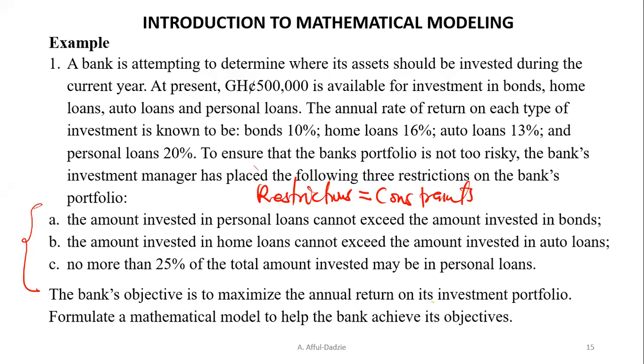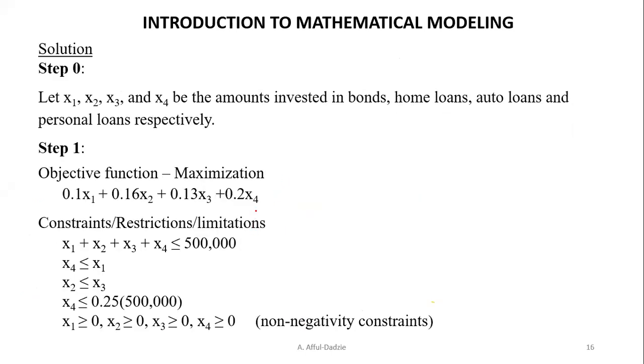So it says the bank's objective is to maximize the annual return. Now look carefully at this word, maximize. I told you there are 2 main objectives. Either we are seeking to maximize or we are seeking to minimize. All right, so this is the form in which a